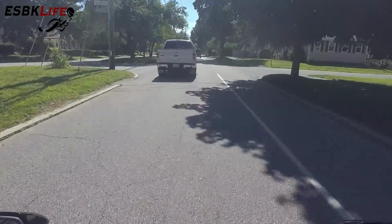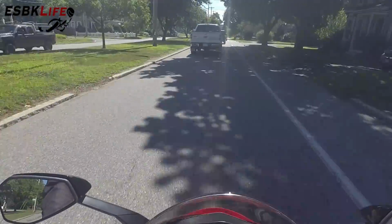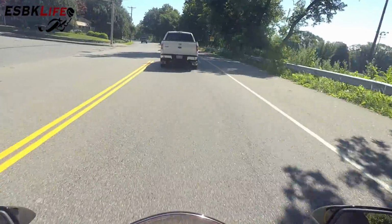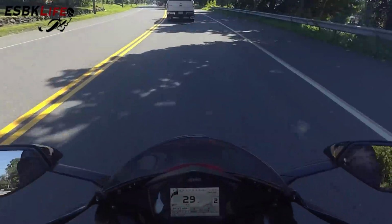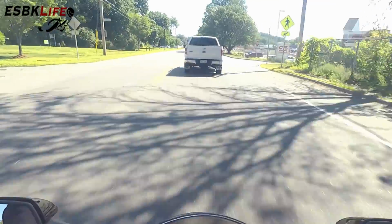We're not going to get to rip it here, again, because they want us to keep it under 6,500 RPMs for the first 600 miles. So I'll behave myself, although it's really hard. I love how the shift lights progressively increase as your RPMs increase. Then you get to that shift light right in the middle. You might not be able to see that, but...